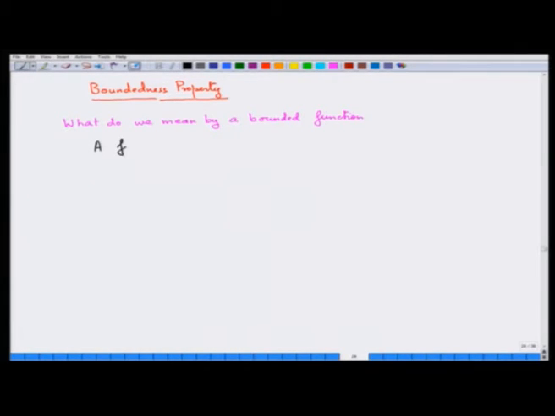A function f from [a, b] to R is bounded if there exists k greater than or equal to 0 such that |f(x)| is less than or equal to k for all